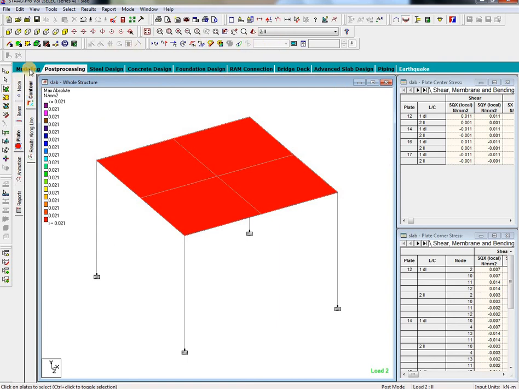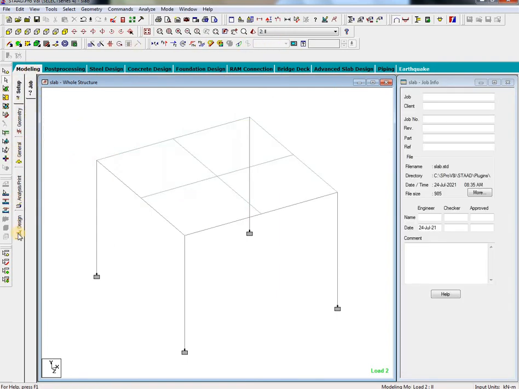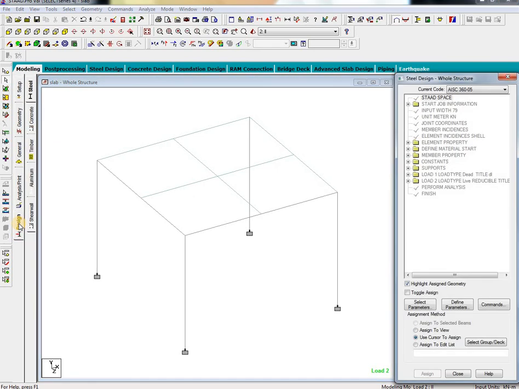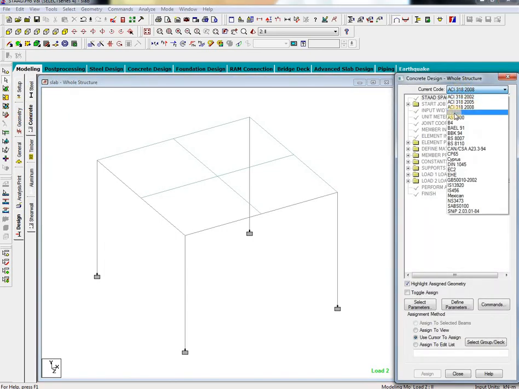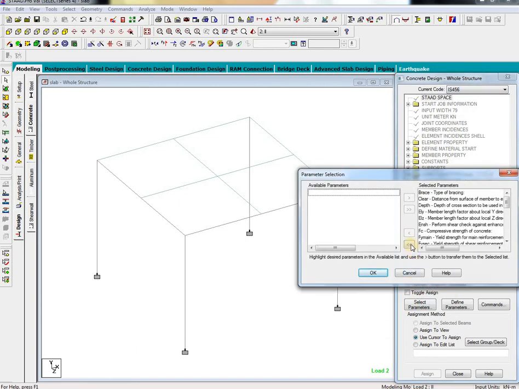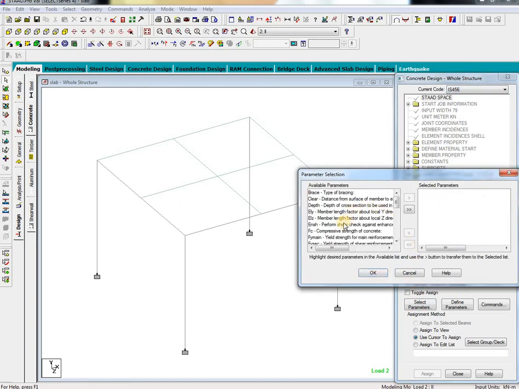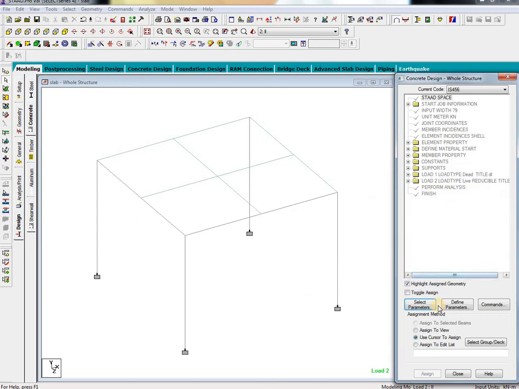And then go again to modeling. Finally, we have one step, that is design. Here it is a concrete structure, so select the concrete and then go here, select the Indian Standard 456 code and select parameters, drag everything to this side, and here select the compressive strength and main reinforcement, and then OK.